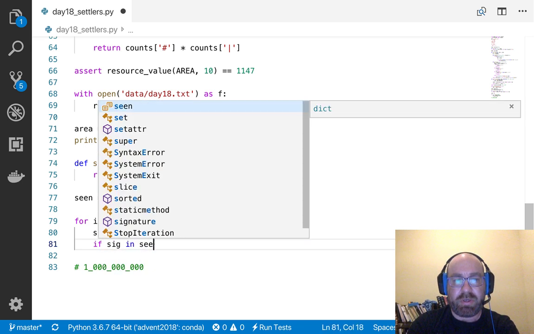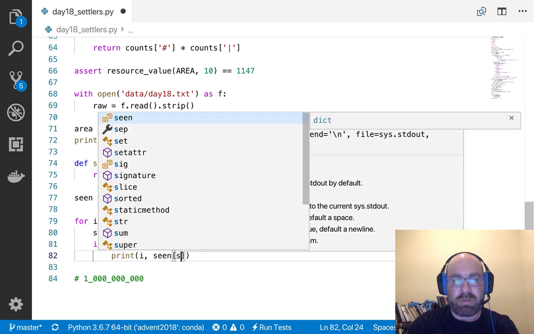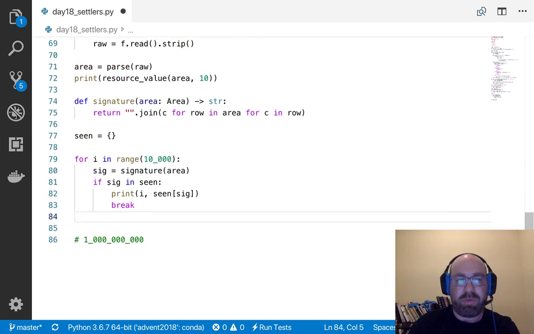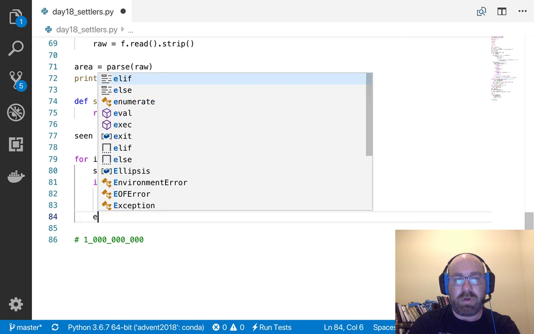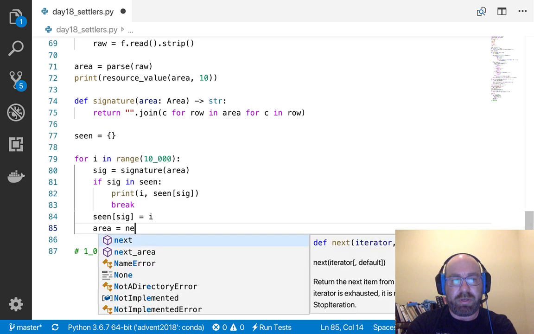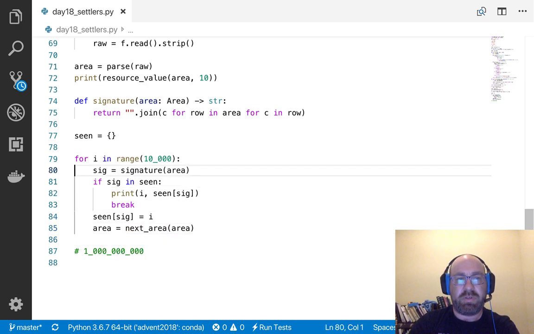If sig in scene, print I, scene sig, and break. So I'm just looking for a repeat. Otherwise, scene sig equals I and area equals next area. So let's run this.